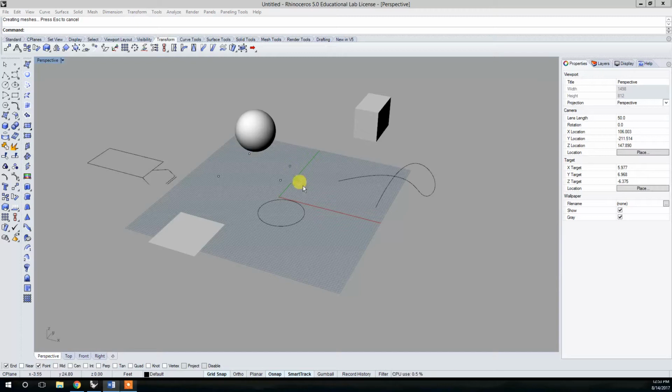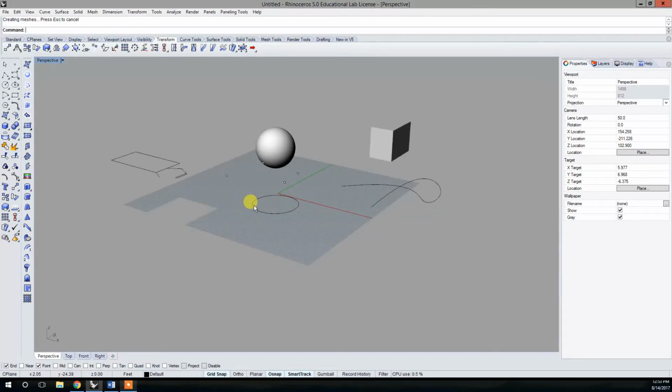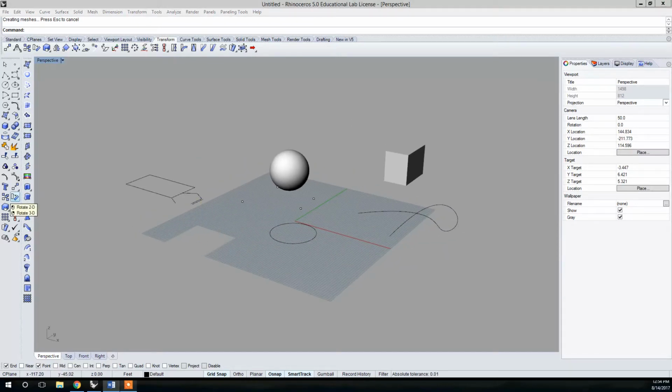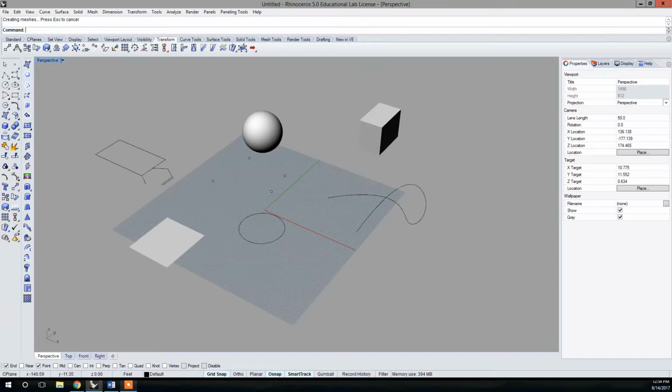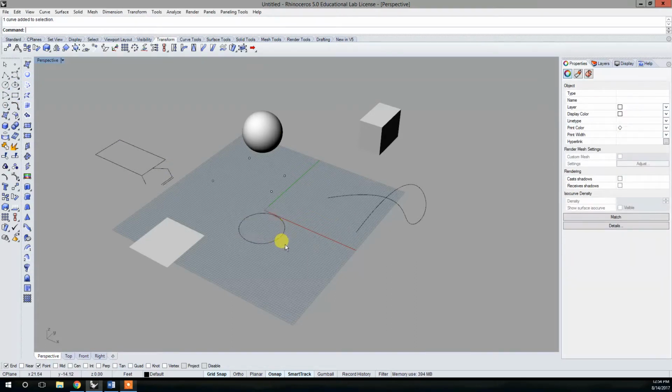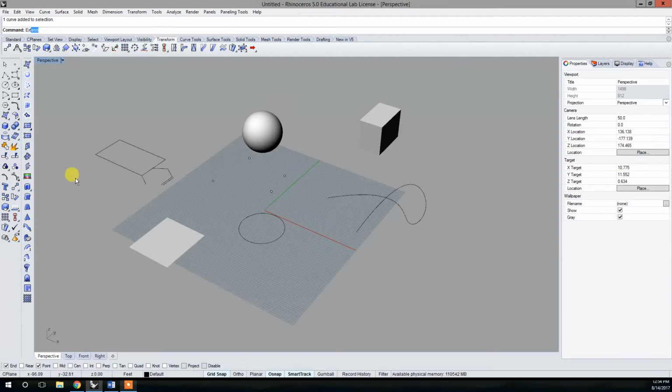So play around with those and see what kind of basic shapes are available. Then there's some methods of making two-dimensional shapes that you've drawn into three-dimensional shapes. So we can just use this circle that I drew earlier, and we can extrude that